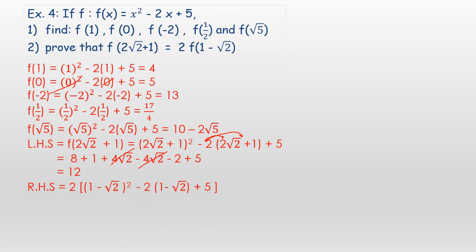The right hand side: substituting every x with 1 minus root 2. By simplifying as follows, we find that we have additive inverses, which cancel to 0. So by calculating this value, it is also 12. So the left hand side is equal to